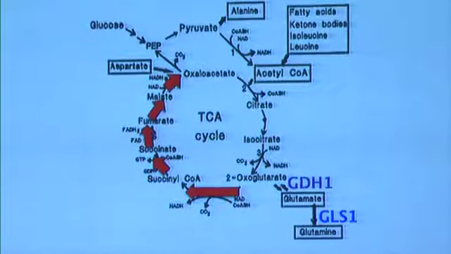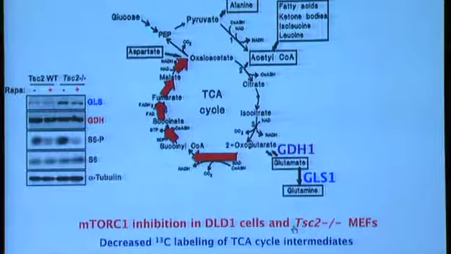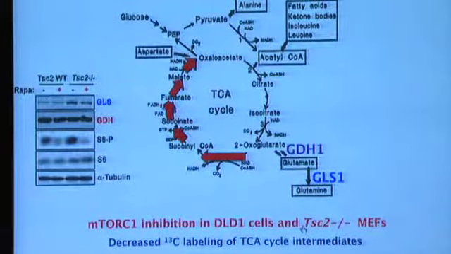Okay. Now, there are two major enzymes that we were interested in. That's glutaminase and glutamate dehydrogenase. We looked at several other enzymes that could potentially be involved here, like the transaminases. We didn't see much regulation, so we really focused on these two enzymes. So the first thing we did is to look at the protein levels under various conditions when you have high TORC1 or low TORC1. So in these cells, these are TSC2 null cells where we put TSC2 back into them. And we've also done this in other normal cells. We see very low GLS levels, glutaminase levels. However, when TOR is on, the GLS levels go up, and that increase in protein production is sensitive to rapamycin. We saw no effect under these conditions on GDH protein levels.